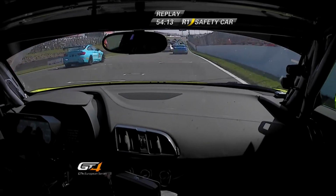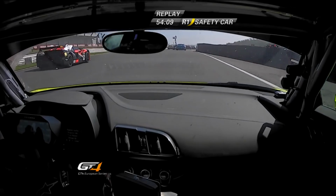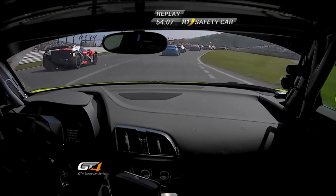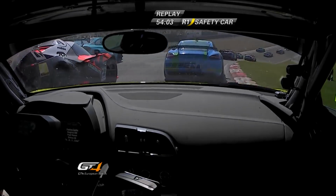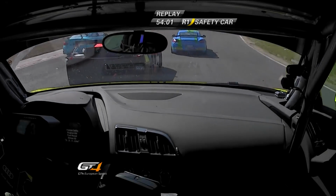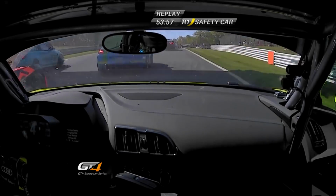So he was away, he got boxed in a bit because the Porsche had suddenly slowed, so he braked, and then everybody went, so he lost a bit of ground going up towards Paddock. That's always the problem with the cars ahead accelerating and slowing. You really have to adopt the principle of go, not slow. So once you start accelerating, you have to keep accelerating, but if somebody lifts ahead of you and you have to hit the brakes,